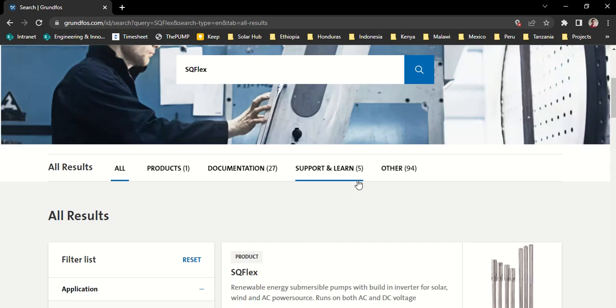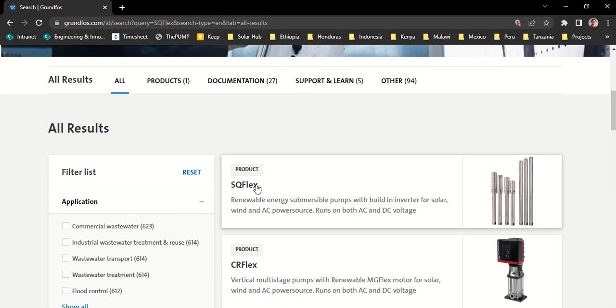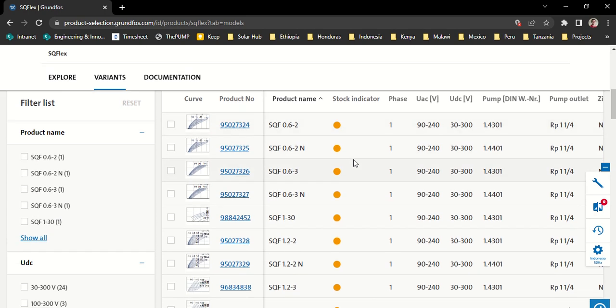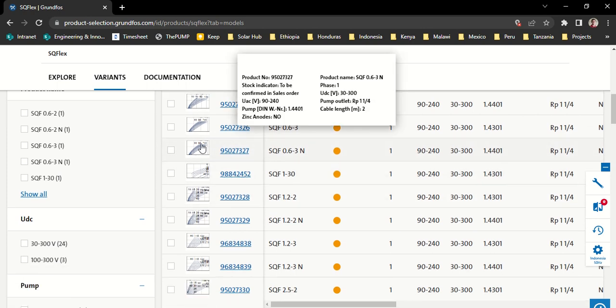If we scroll down, we can then click here on the product page, which will take us to a place where we can see all the different models of this pump variety. So we can see here a list of various product numbers, product names, and different characteristics of the pump of interest. So for each pump, it's important to check out the rated DC voltage, the range that goes here from 30 to 300, the phase of the pump, and probably the most important thing is to look at the pump